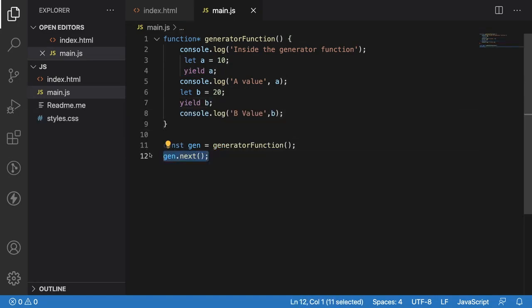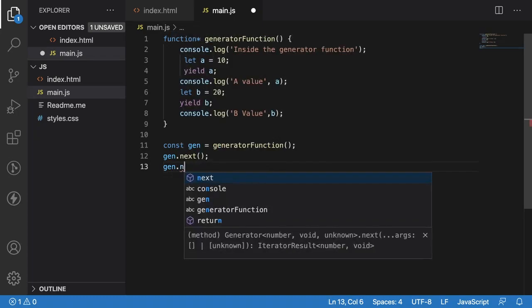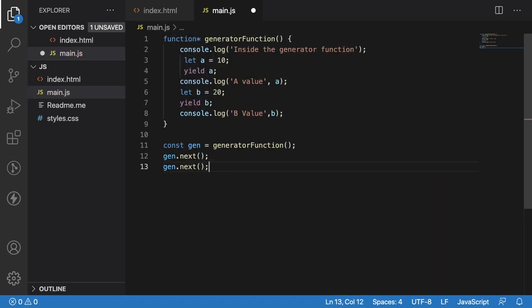For the first time when I call next, it came inside the generator function, it printed this console, then it went to yield and it stopped the execution. Now how to resume the execution from the yield? So now again we can use one more next, then it starts resuming the generator function where it had stopped previously. For example, now in this case, it will print inside the generator function and now it will go to a, then it will stop at the seventh line. That means it should not print our b value.